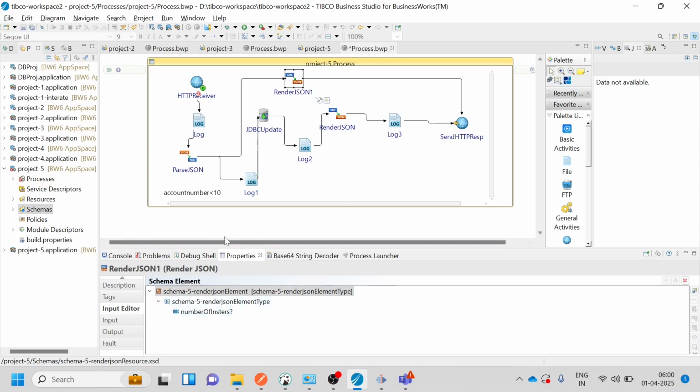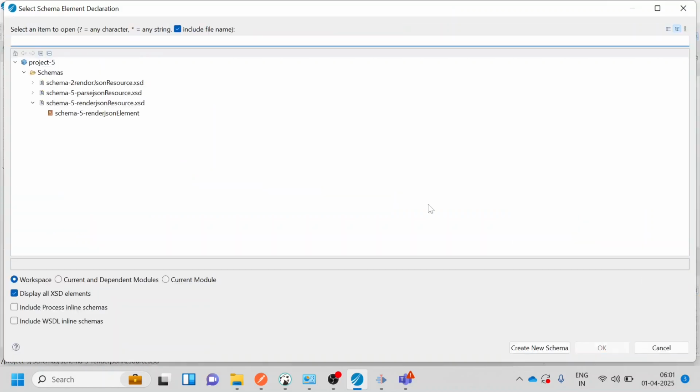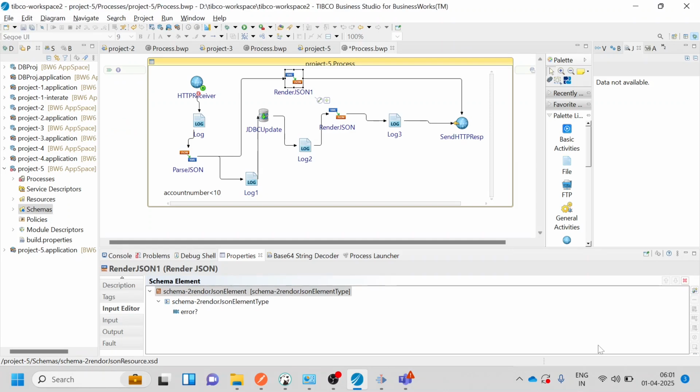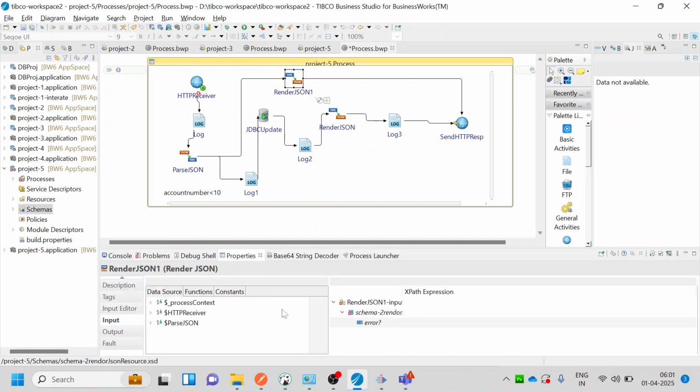And number of inserts, why is number of inserts coming? Schema file. No, not schema file. I want this one, schema to render JSON. Just now I created this one, right? So, error. Okay, this error will go to send HTTP response. Now input,